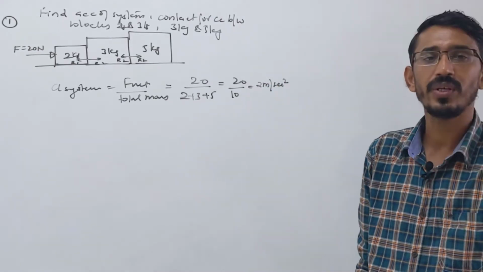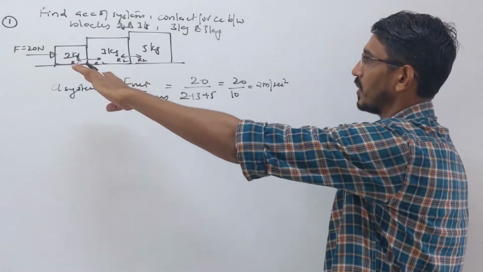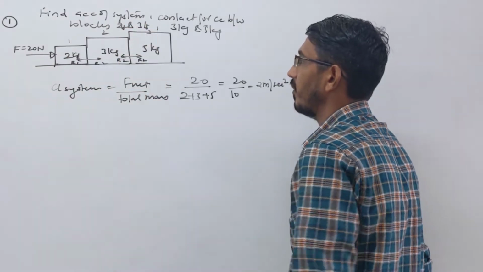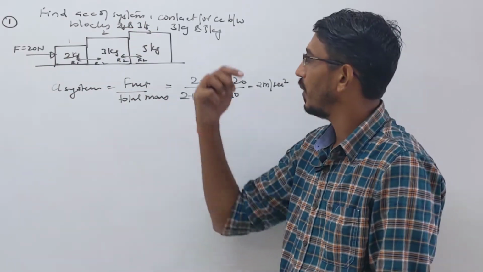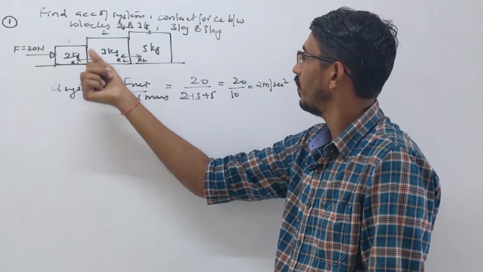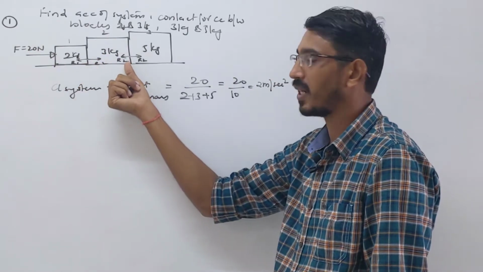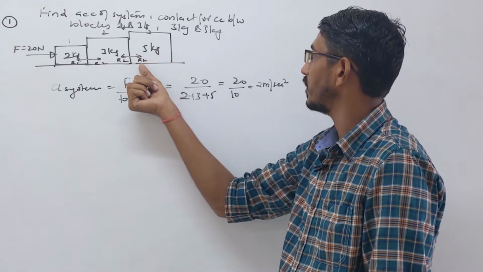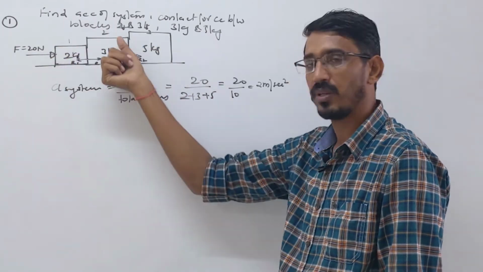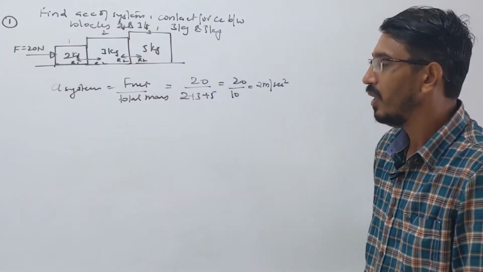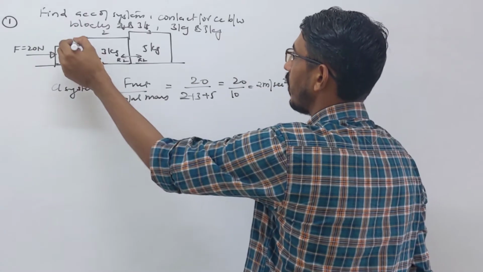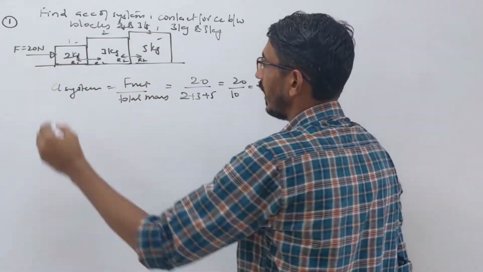Now we have to find the contact force or reaction between these blocks. So let's take the FBD of block 1, block 2 and block 3. Which block will we take first? Look here: for this block only R1 is unknown, for the middle block R1 and R2 both are unknown, and for this last block only R2 is unknown. So either take this block or that block at the start. You should not take the middle block because two things are unknown there. We take the block which has the minimum number of unknowns, so you can take either of these, your choice.